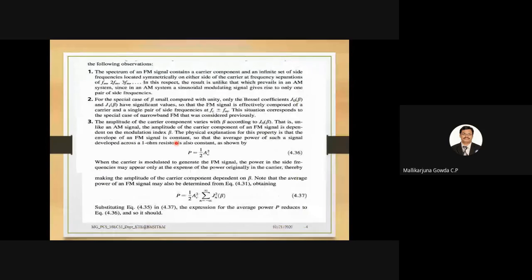So these are some points which we need to understand from the equation of wideband FM. I have taken the spectrum, that is the Fourier transform of the equation, for wideband FM. You people have not drawn the spectrum, right? Is it possible to draw the spectrum? Then we will be able to understand this sentence, if you are able to draw the spectrum, at least for one or two values of n. Shall we do that first and then come back to this? Then I will discuss these points.